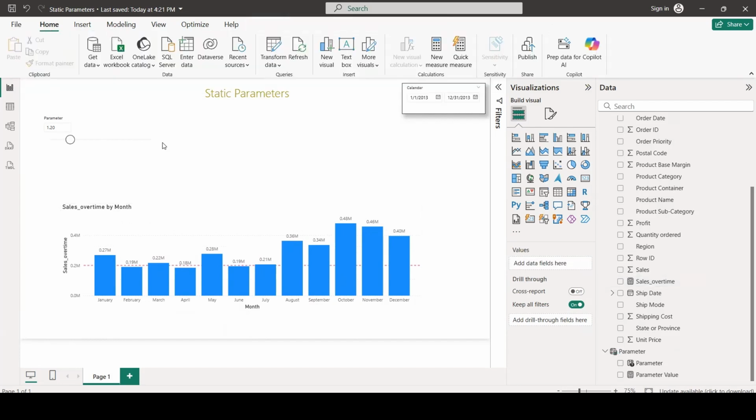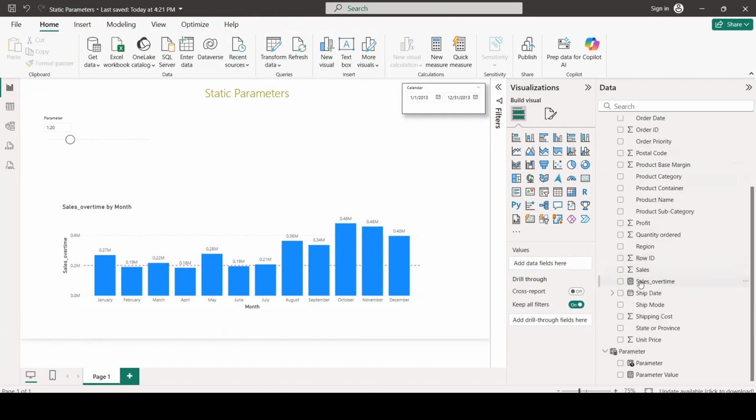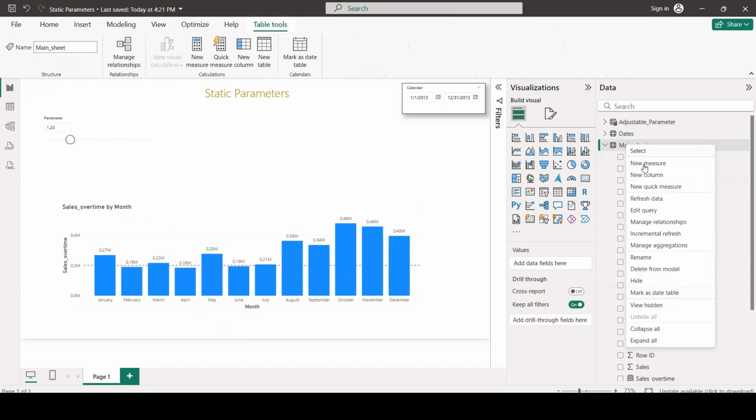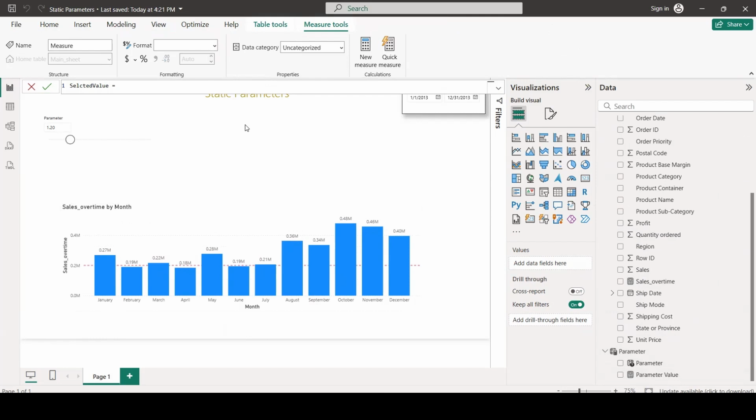So in order to see the percentage also, we can also build a new measure. So we will say, let's say, selected value, which will be actually our parameter value minus 1, so that we get a percentage.